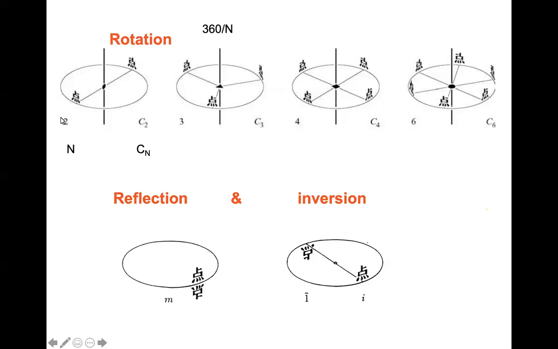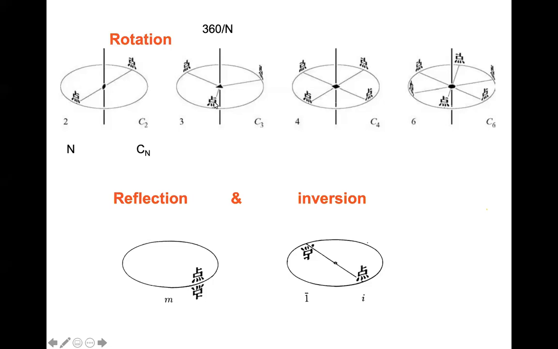This is the notation by Hermann-Mauguin, and this is the notation by Schoenflies. Okay, for crystallographers, I told you that they will use this kind of notation. Now we have 360 degree by n. Okay, this is 180, so you have 2, and here 120, so you have threefold rotation. So you start with here, you can see triangle, which means threefold rotation. So sometimes in a crystallographic table, they will not mention 3, they will just show you the filled triangle, which means it is threefold rotation.